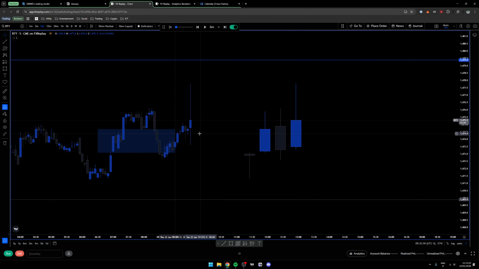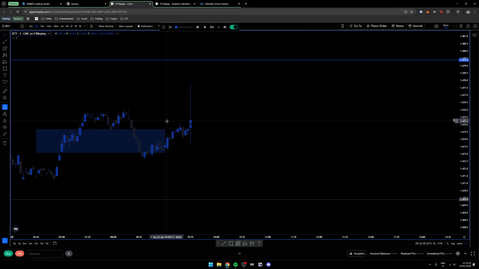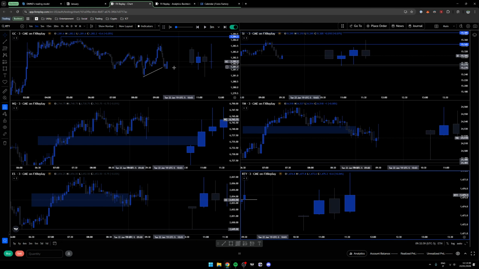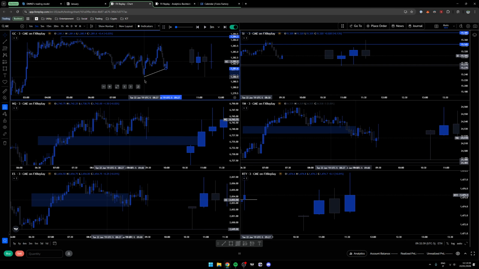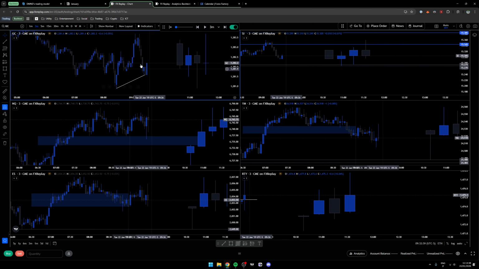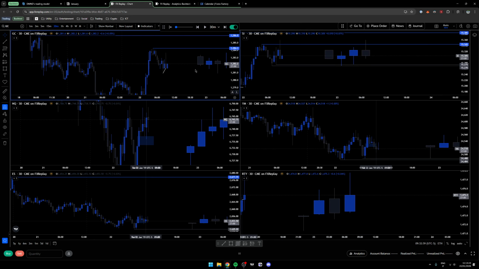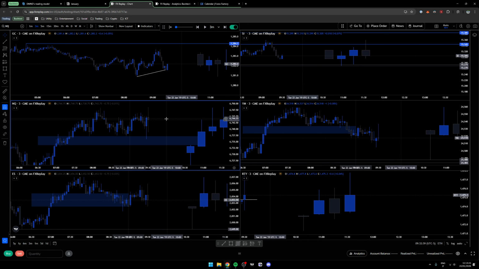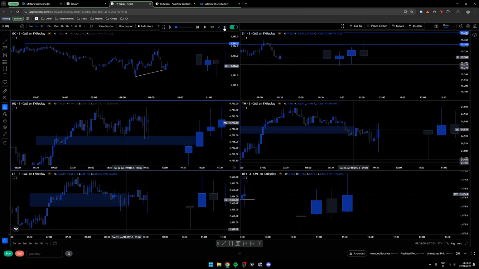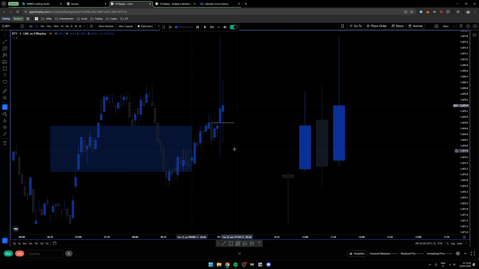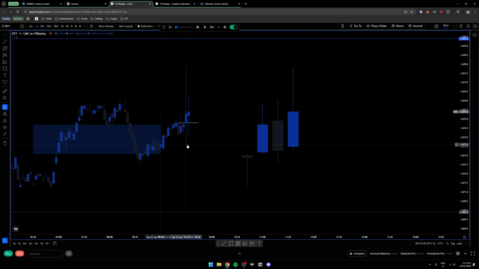I'll be honest, I'd be very inclined to believe that we're gonna hold this CSD here. But it really depends on what YM does here. We take out that low? No. Sucks. Yeah, we're kinda consolidating here. I think I just wait for one of these to hit that low or start reversing. Okay, so we have a V shape on YM. So at this point, you can probably trust this to hold this SMT with YM.